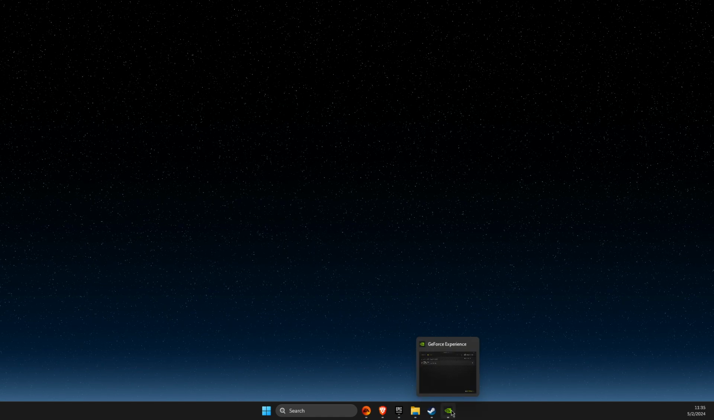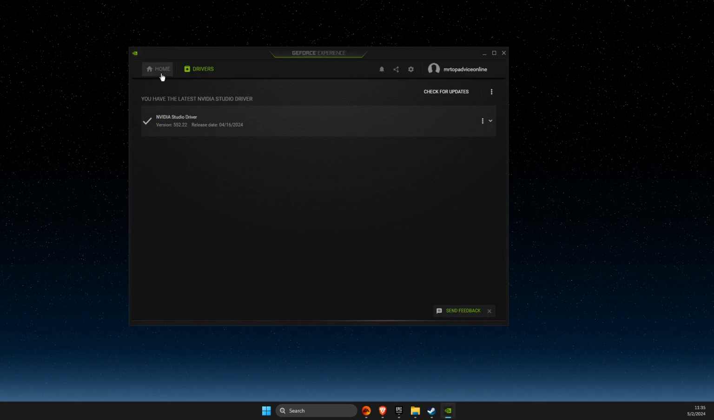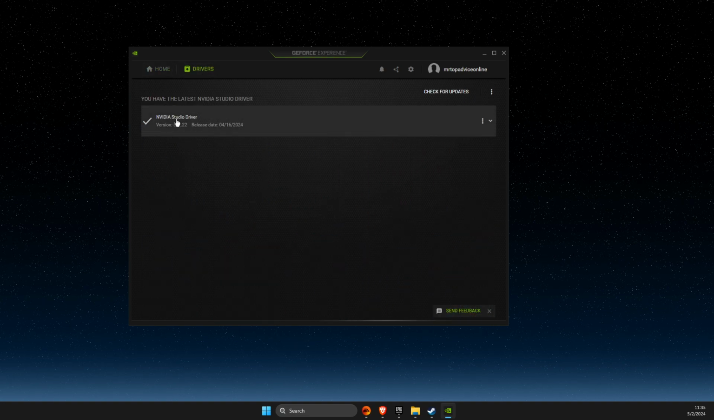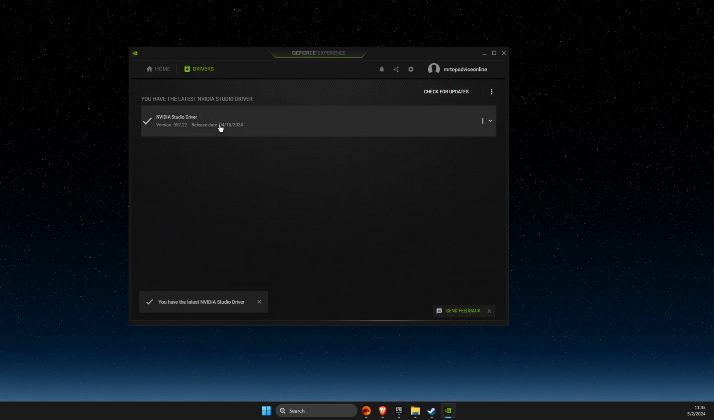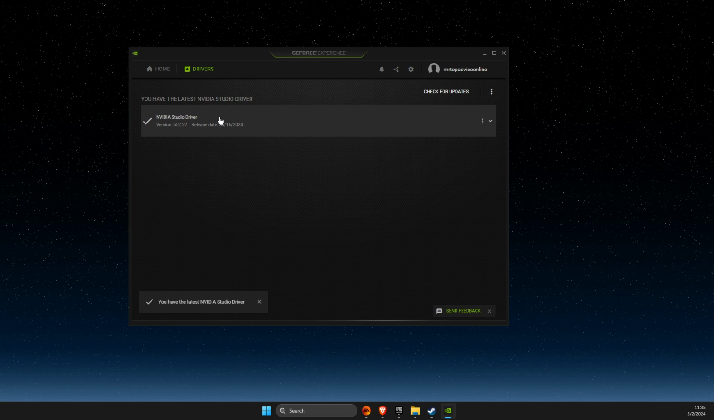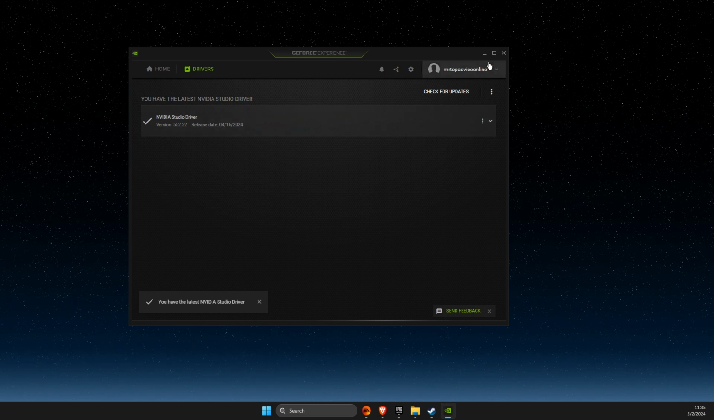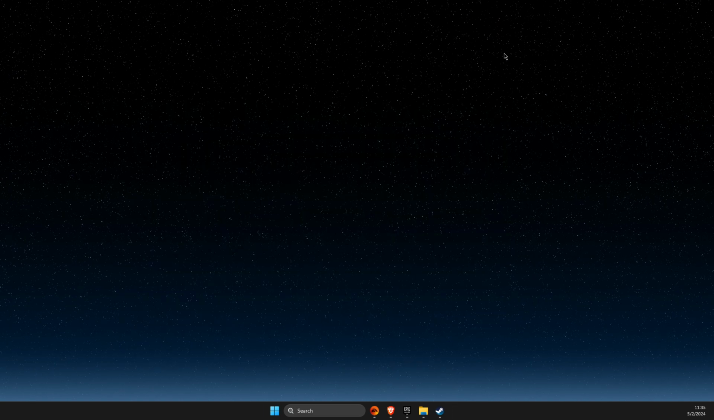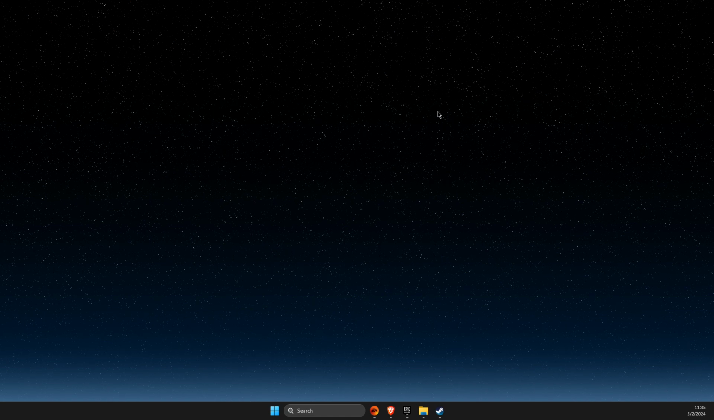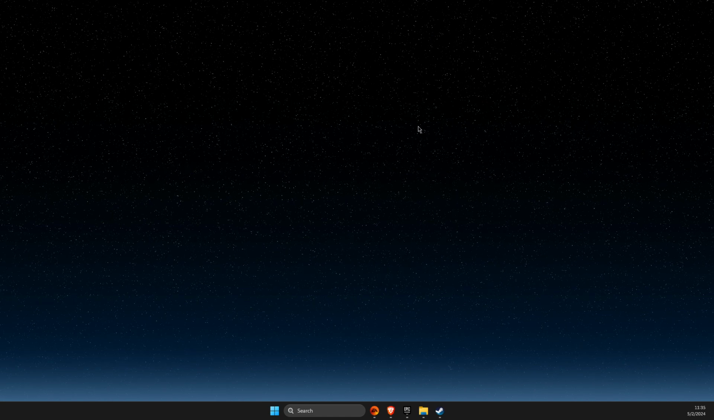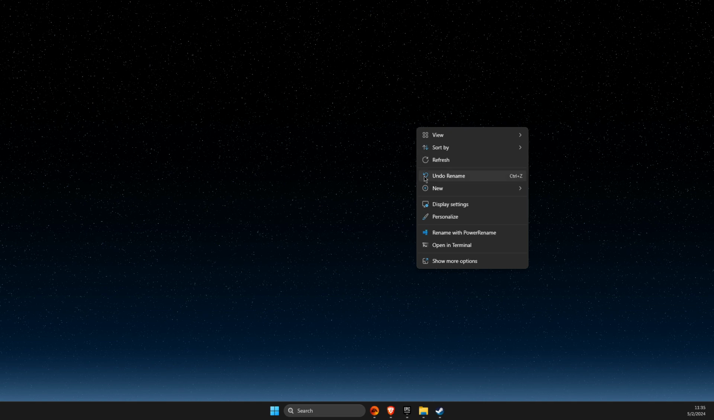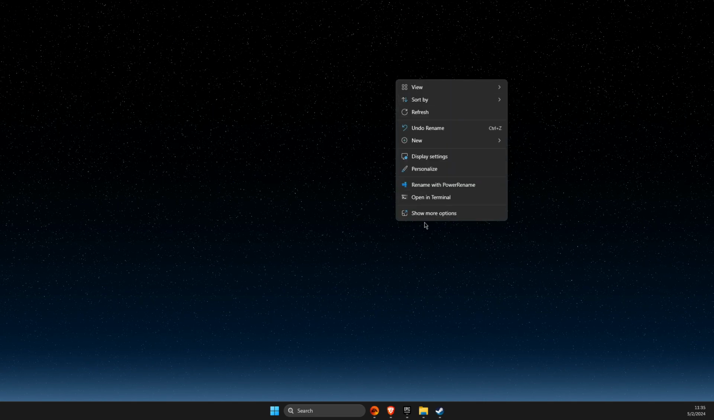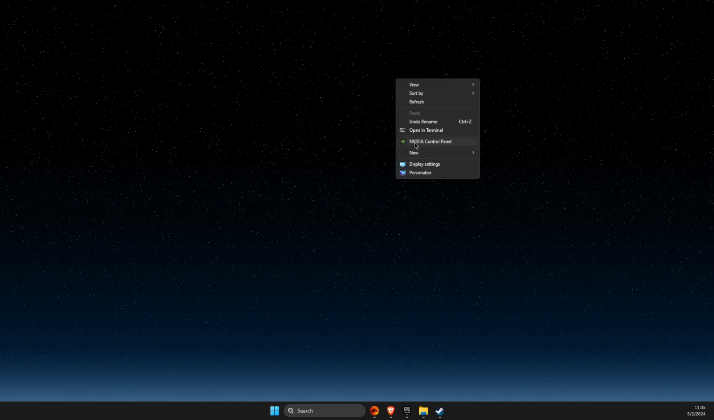If using GeForce NVIDIA, there is an app called GeForce Experience. You can go to drivers, check for updates, and if there is an update for you, download it, install it, please do so, and then look if you're getting FPS drops or not. Then if the problem still persists, right click on your desktop, show more options, open up